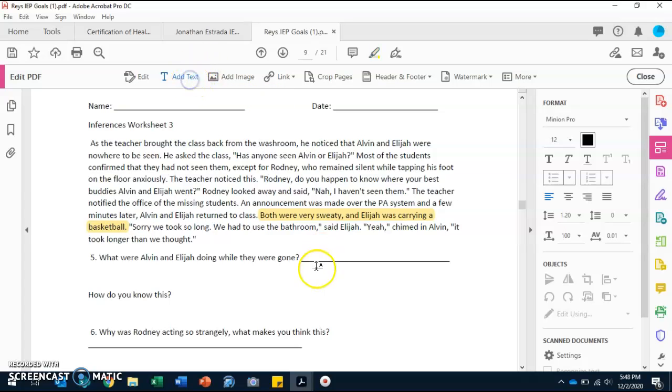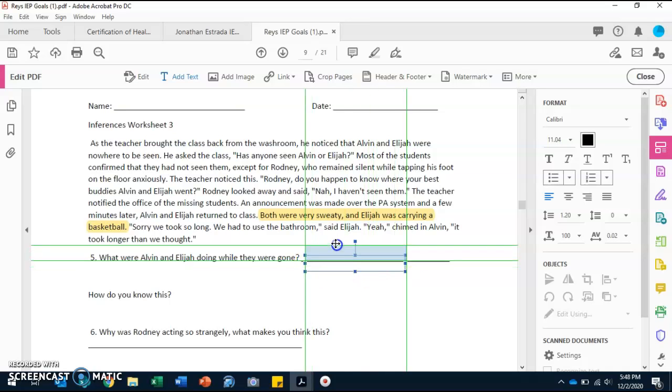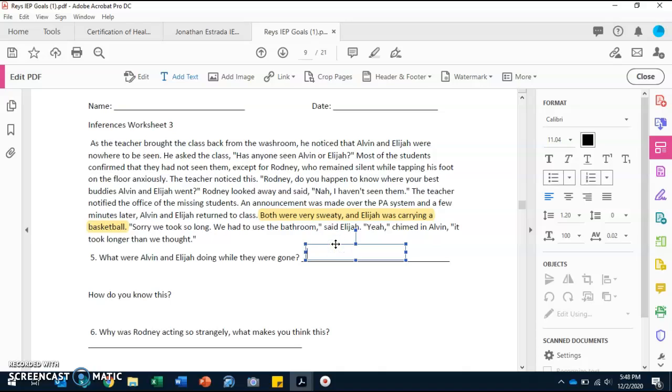So now we are going to put here our prediction. And we can put I think, I predict, or maybe. So let's start off with I think